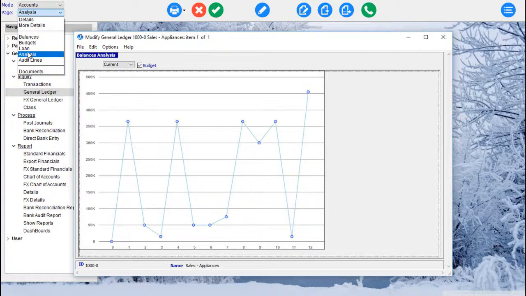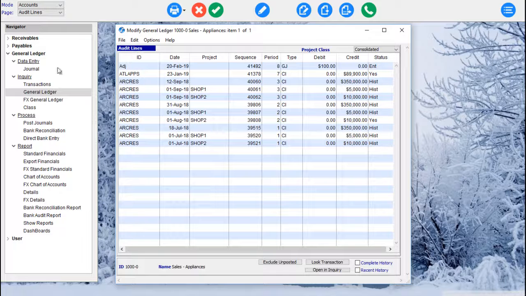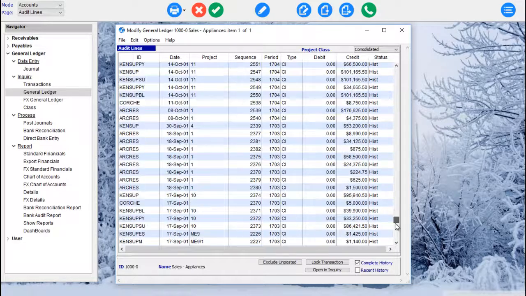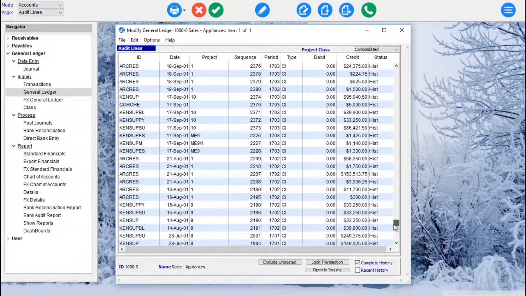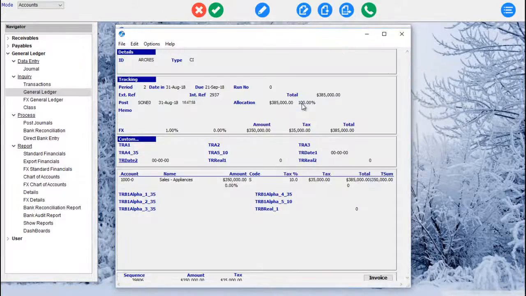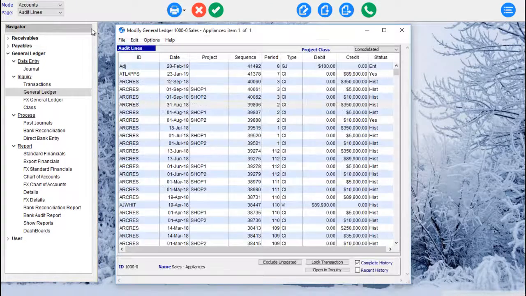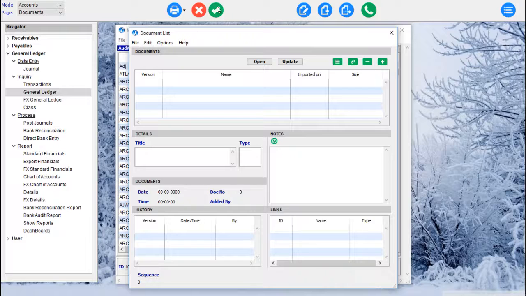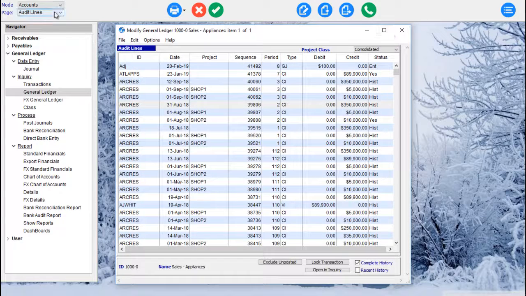And then we come to our last page, which is our audit lines, and we have the ability to include complete history, and in this case we've got data in the Bondi Blue data file all the way back to 2000, so we can simply double click on a transaction and we can go back down to the original audit line for that General Ledger audit line. And then we've also got all our documents that are attached, so we have the ability to go through the